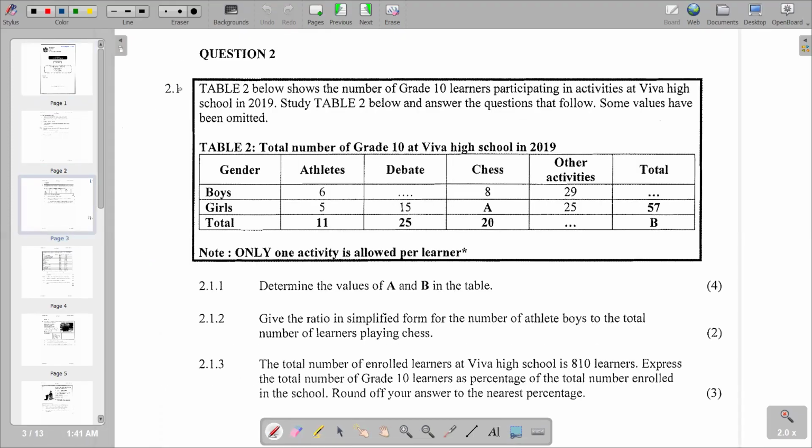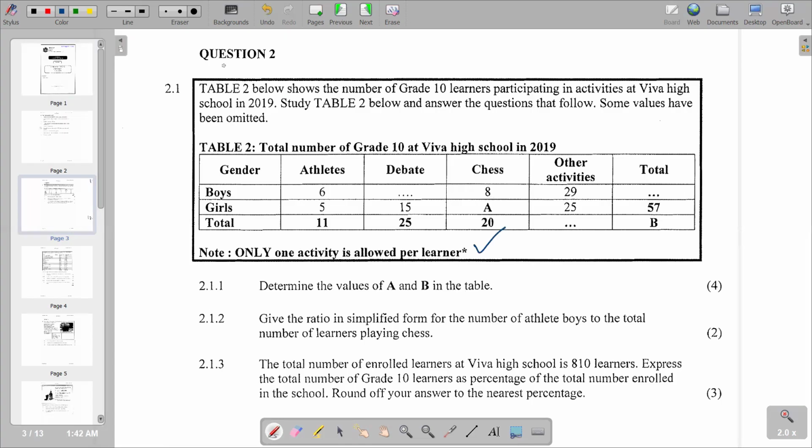Question 2.1 reads: Table 2 below shows the number of grade 10 learners participating in activities at Viva High School in 2019. Study the table and answer the questions that follow. Some values have been omitted. The table has columns for gender, athletics, debate, chess, other activities, and the total column. Note that only one activity is allowed per learner. Then 2.1.1: determine the values of A and B